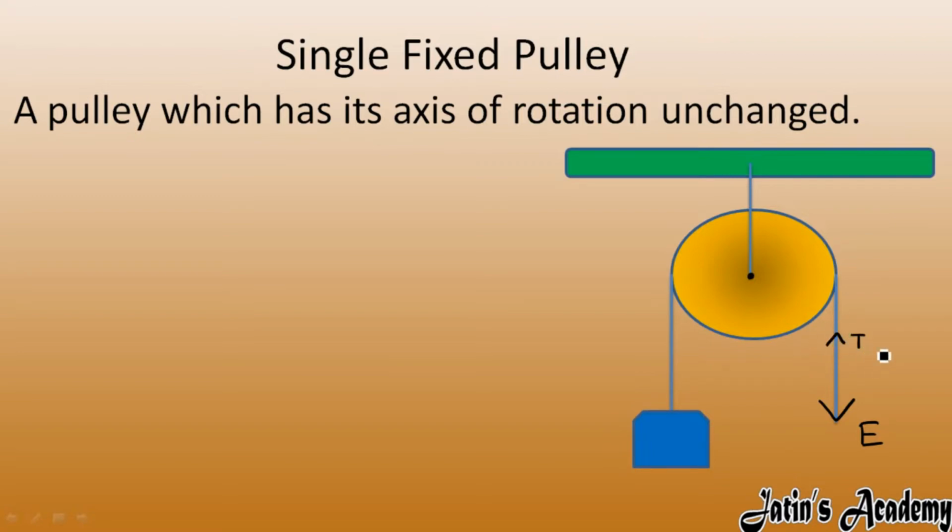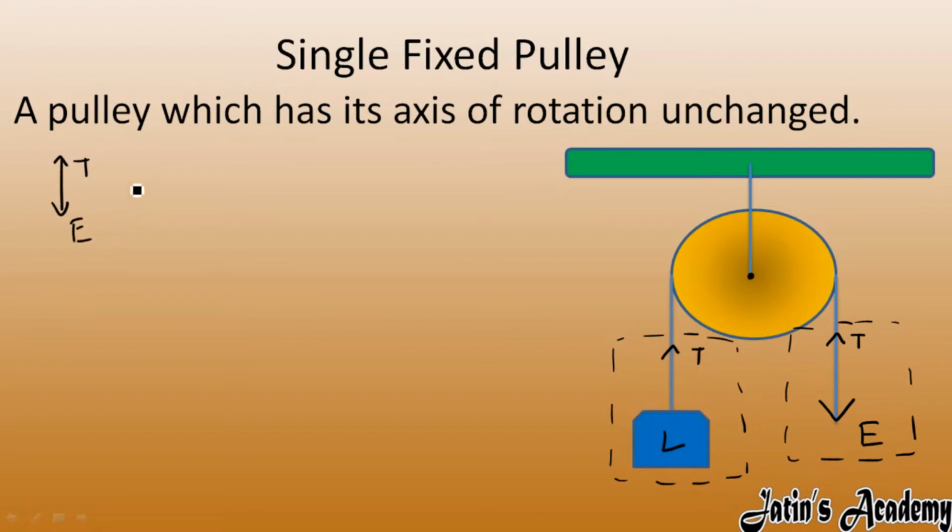When you apply the force the string gets stretched. This stretching of string is because tension is produced in the string. One string has one tension. This you have to remember. A single string has a single tension. This tension is uniform at this point as well as this point. This is the block. It is actually a load for the machine. Now if you see the free body diagram, you are taking one part of the machine. If you take the effort point, here tension is in the upward direction and effort is in the downward direction.